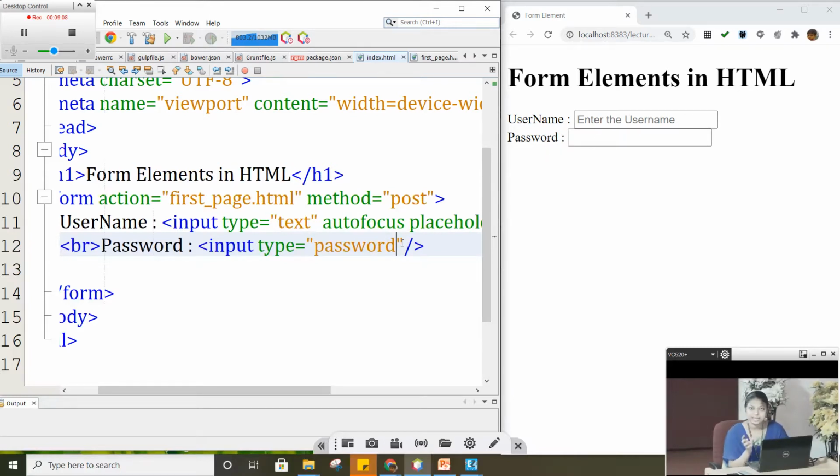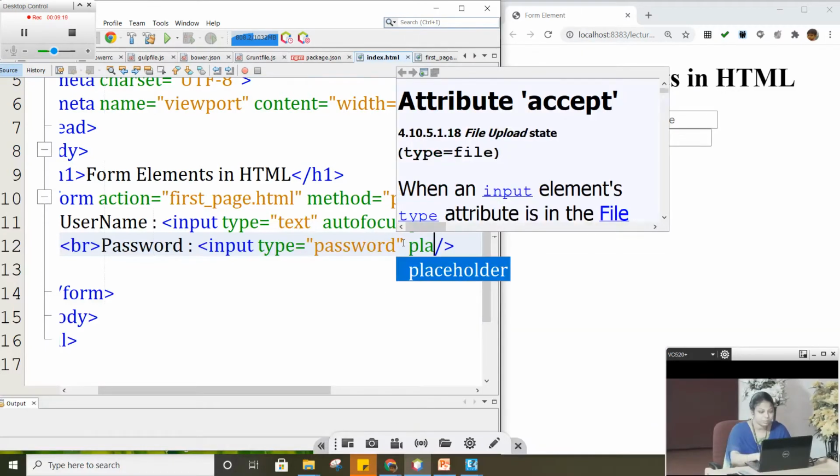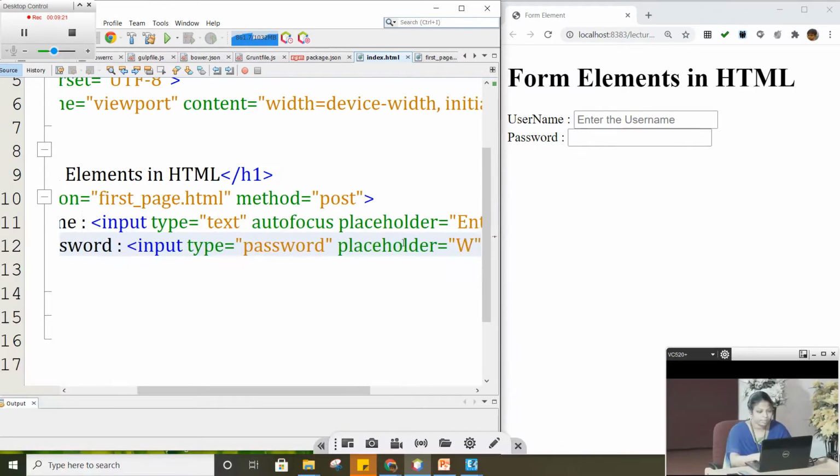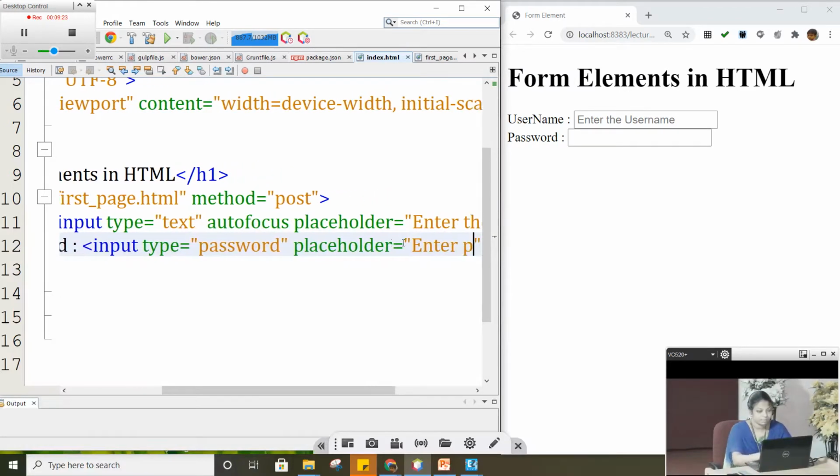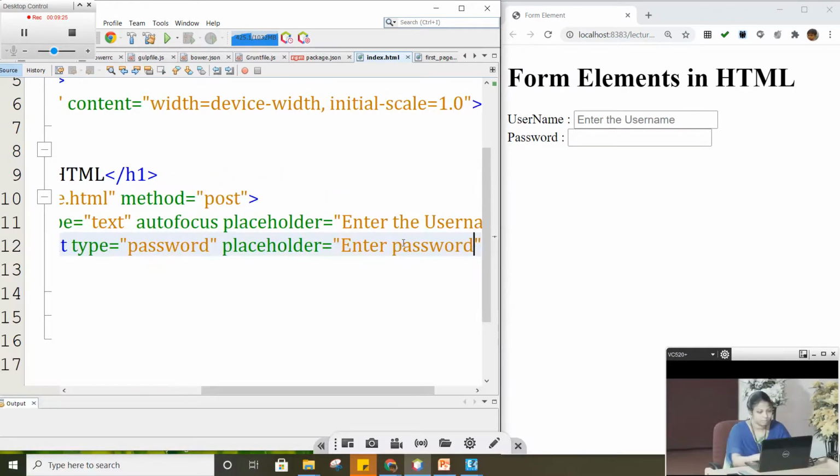For styling and all, we have to go for CSS, but I'm not going to concentrate on styling or using CSS. We are just seeing the form elements. Here also we can use placeholder, and here we can say enter password. Immediately we can see the enter password placeholder is here.